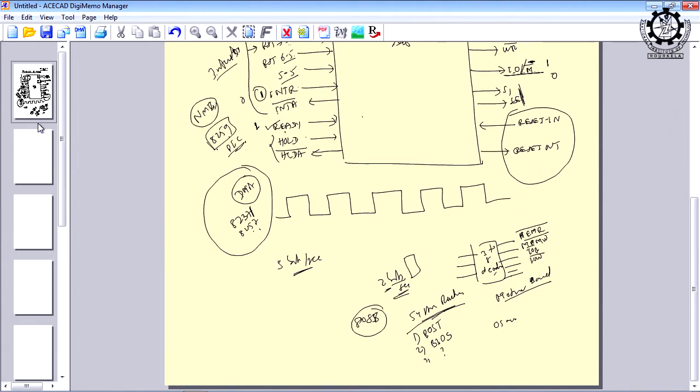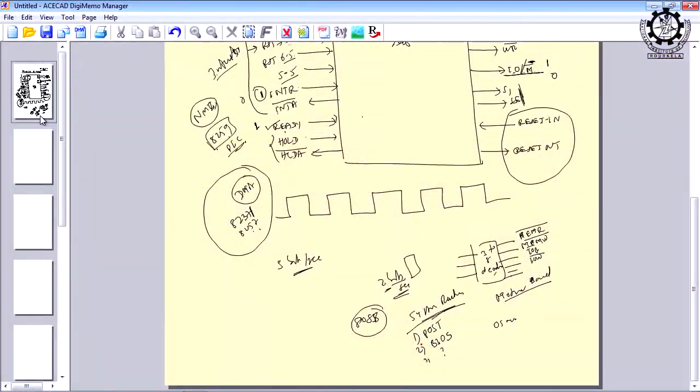Therefore, this power on self test routine is a small program, usually written in assembly language, but there is no hard and fast rule that always it will be written in assembly language. It can also be written in high level languages, right. So, this power on self test is usually an assembly language program whose task is to interrogate each and every component in a microcomputer system, and the moment it finds